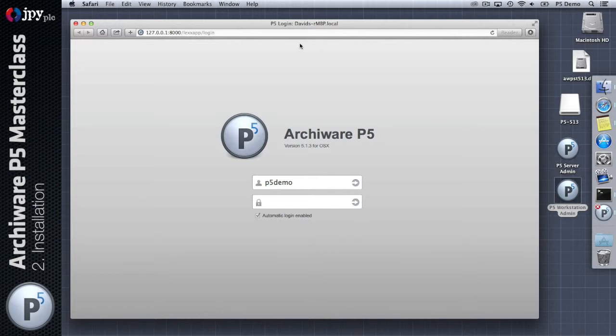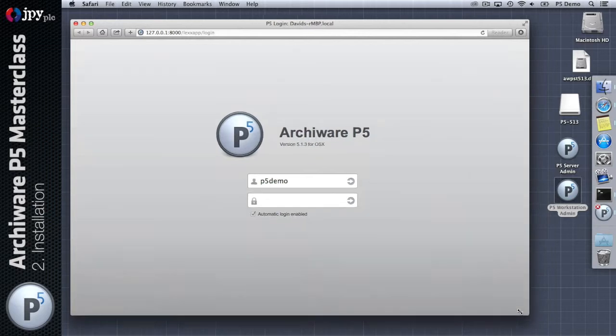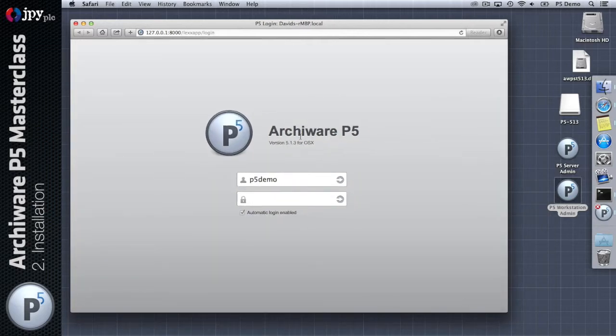And if you want to run the software in client mode, so that's where you're backing up a machine over the network back to the server, then you simply install the software but don't do any configuration on it and leave it running in the background. So having installed, what we see here is the login page,